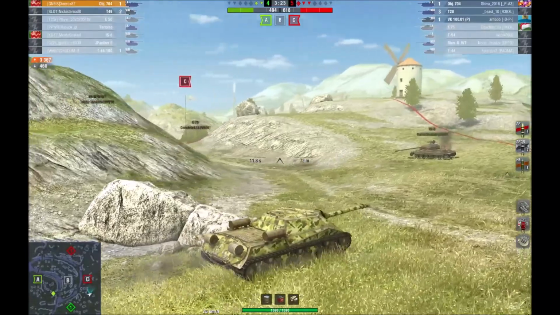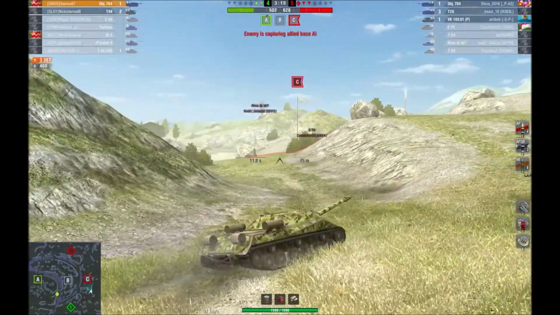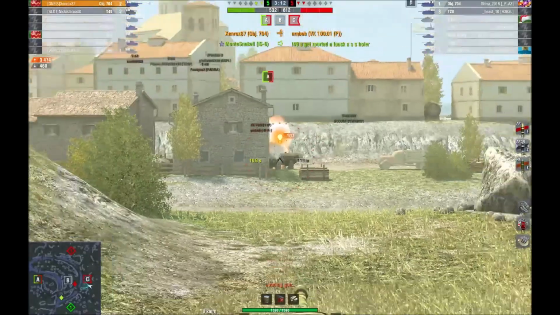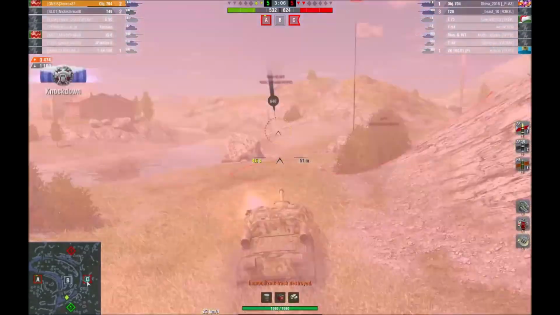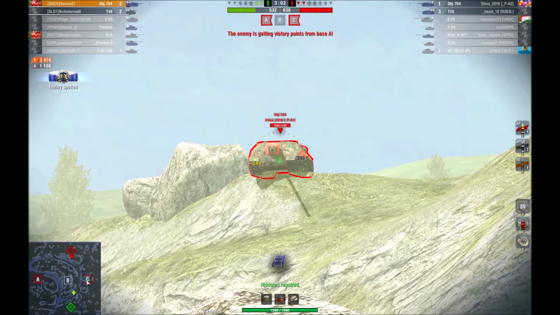So they are behind on tanks and on points, so he has to do something. They now also are capping A, which is unfortunate. There's the VK, he catches him off guard, and he puts a nice snapshot into the side of his tank, giving him his second kill of the game. And now also revealing that 704, who he